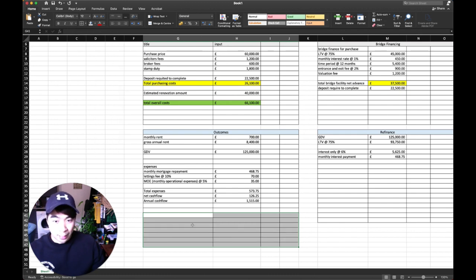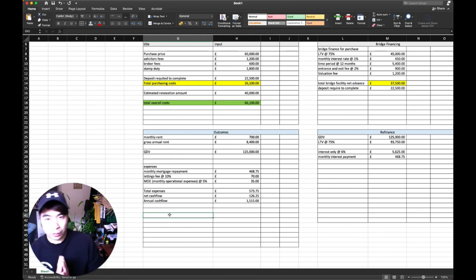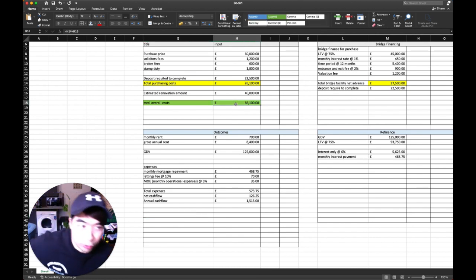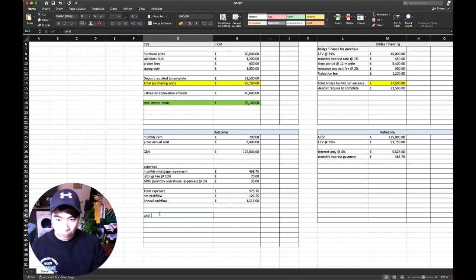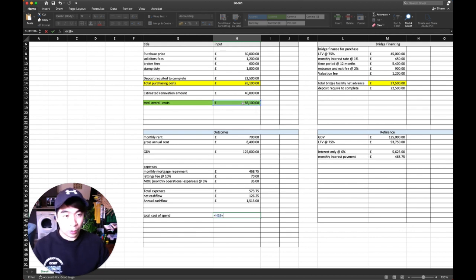We've already got all the pieces together here, so let me just review again. The amount of purchasing costs that you spent overall at this point in time would be the 66,100, and you still owe the bridge the amount of 37,000 essentially, so you still need to take that into account. So if I were to work out here, total cost of spend is this overall cost plus the actual bridge advance that you need repaying back to the bridge lender. Overall cost is